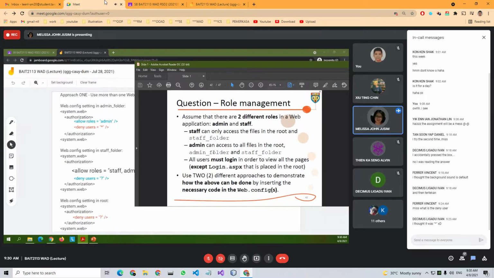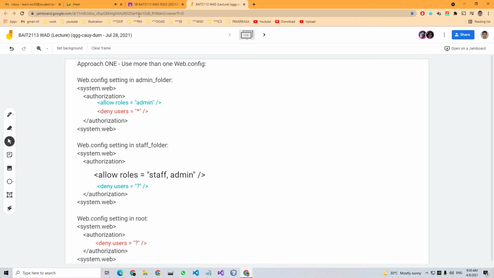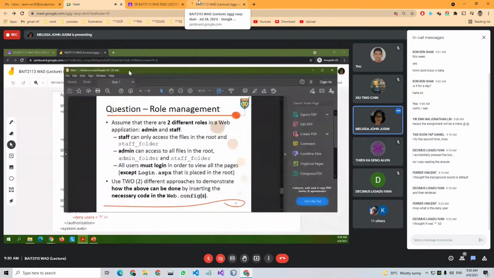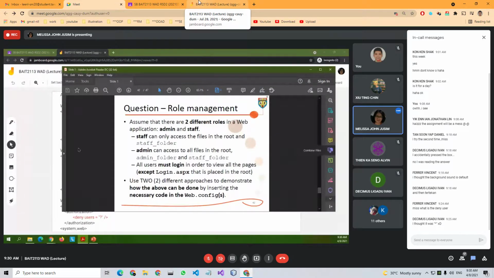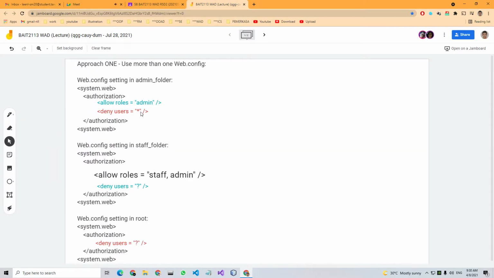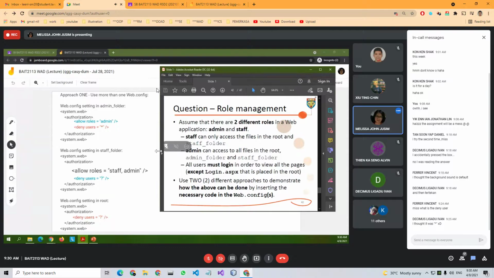Allow roles admin is correct. The one that I put as blue color is already correct. Did I miss it? And then in the staff folder, someone put this. Allow roles. Yes, we need to allow this. When I check, the allow is missing. Okay, deny all anonymous users.